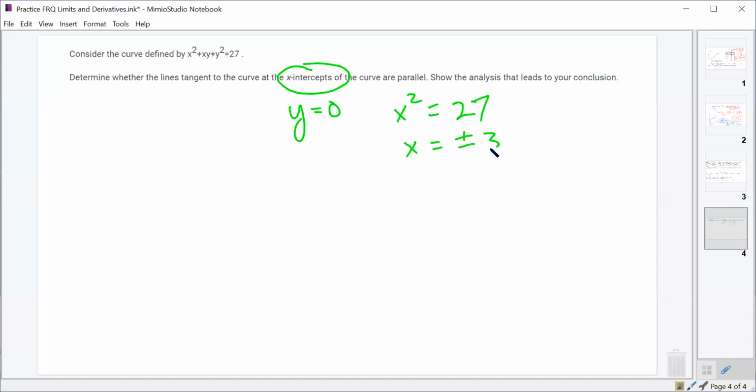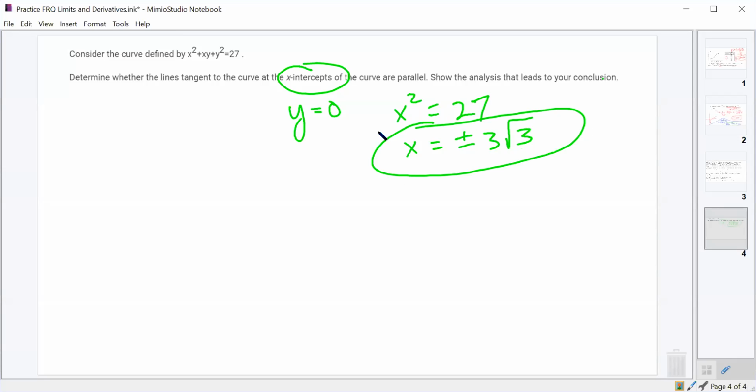And root 27 is 3 root 3 if we want to simplify that radical. So hopefully you all got your two x-intercepts, 3 root 3 and negative 3 root 3. Everybody good with that? All right, perfect. Then we want to know if the tangent lines to the curve are parallel, which means